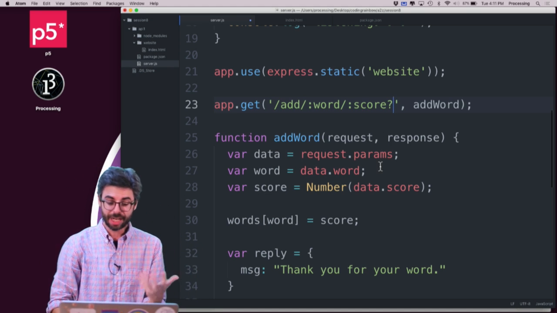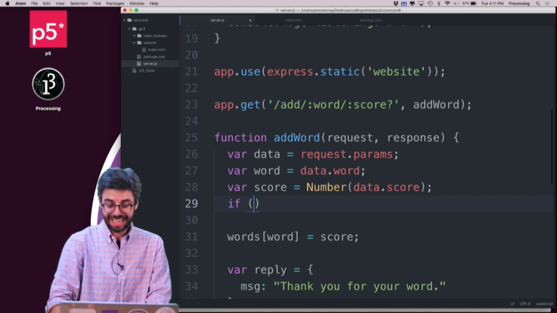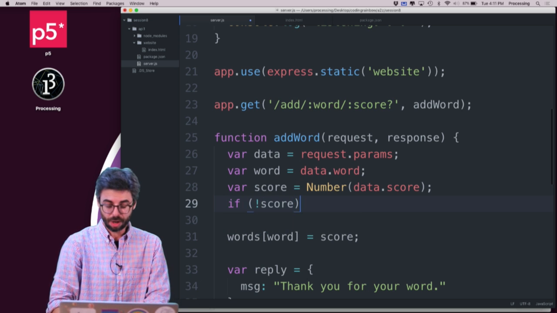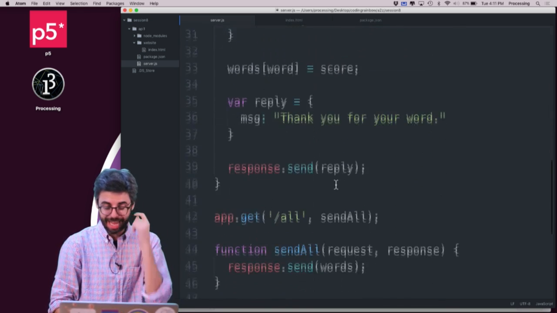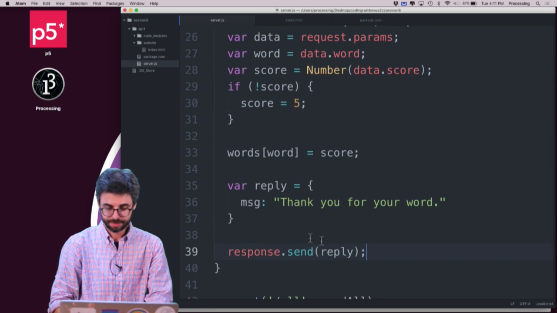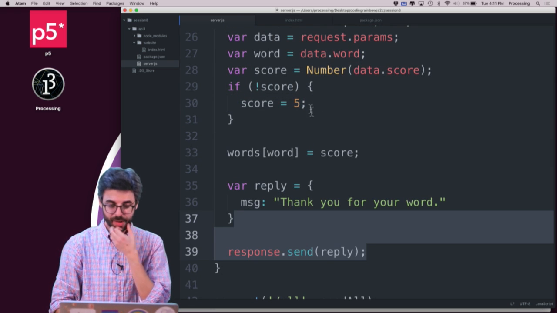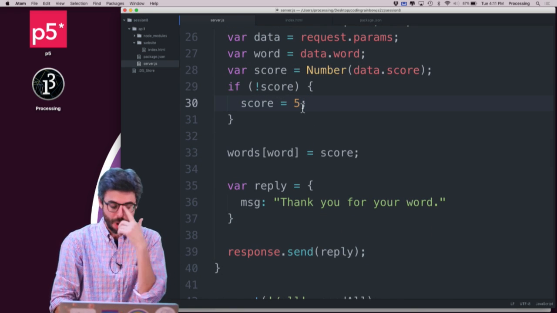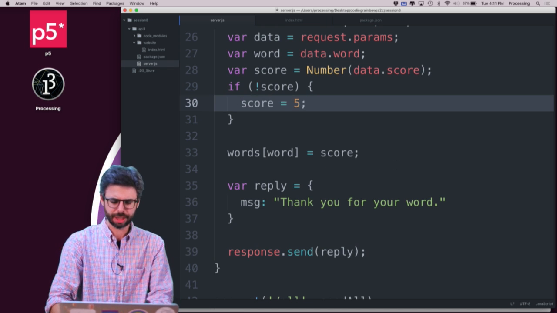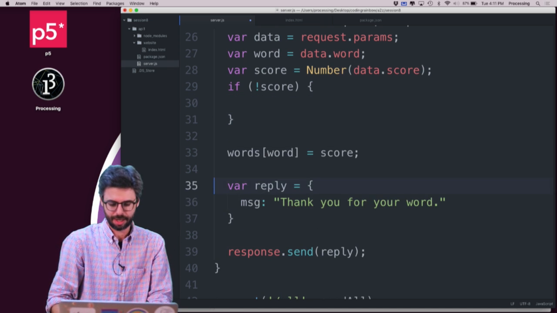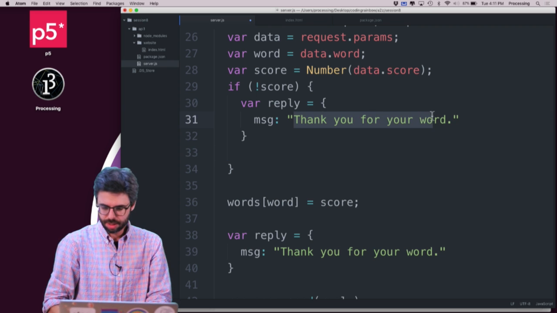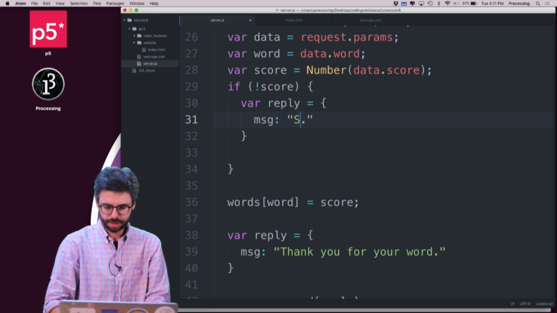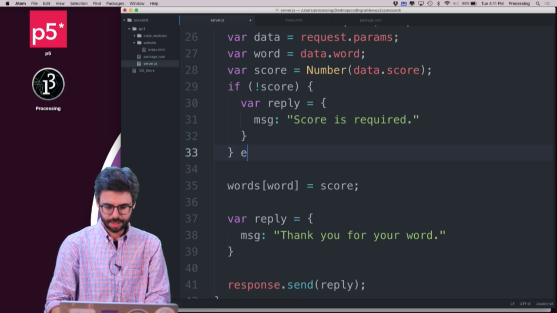And then what I could do is I could say if not score, score equals 5, or I could actually say score is required. So let's say score is required. I could add some error handling here. Like I could say var reply, score is required. Else,